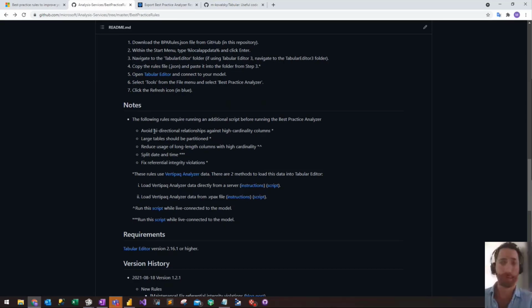Vertipaq Analyzer is an open source tool created by SQLBI and is also now housed within DAX Studio as well as Tabular Editor 3. And we have a script to actually load the Vertipaq Analyzer data into Tabular Editor, so we're able to use that as additional information to